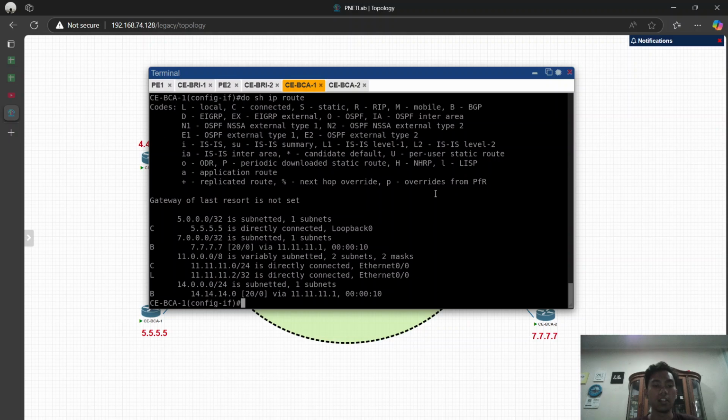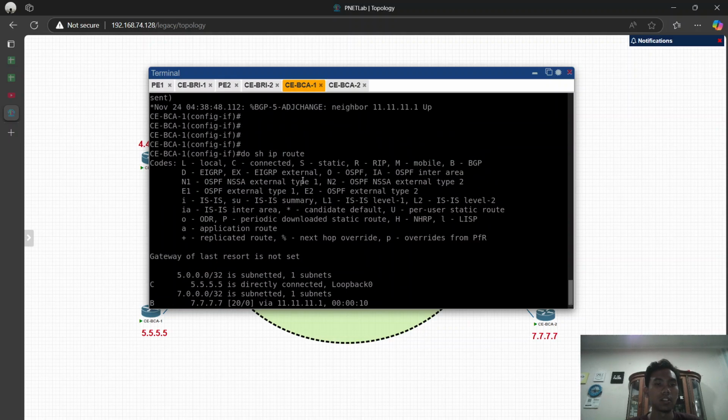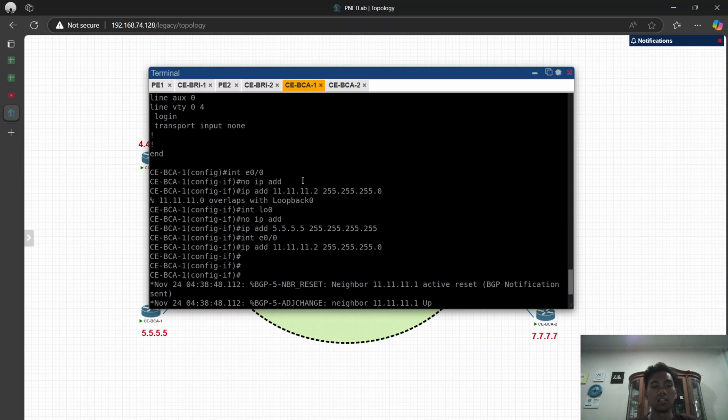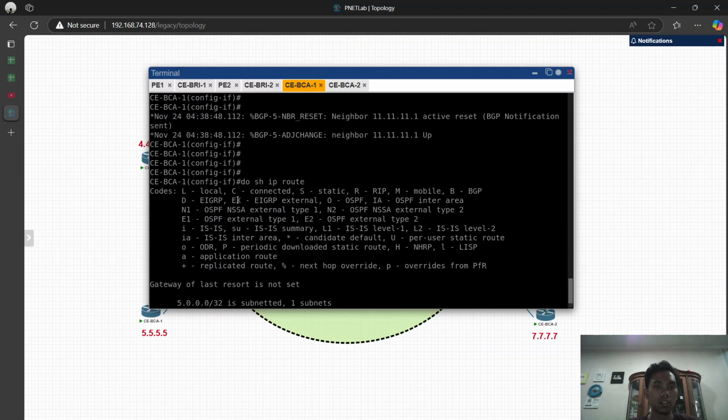Okay, I think I found the problem. Here I set the wrong IP address, so I fix the IP address first.